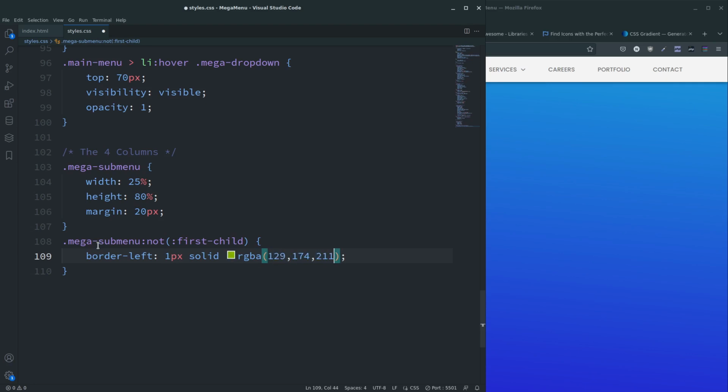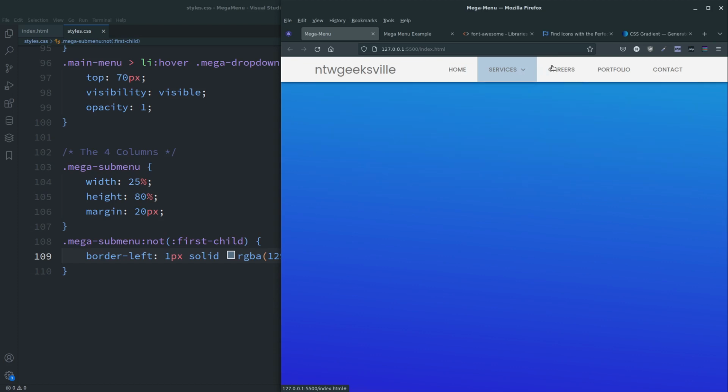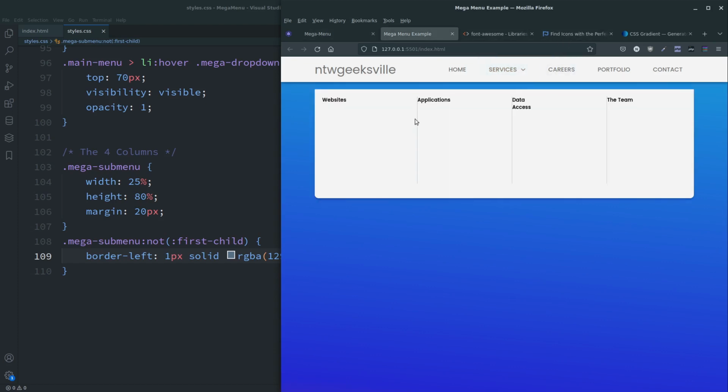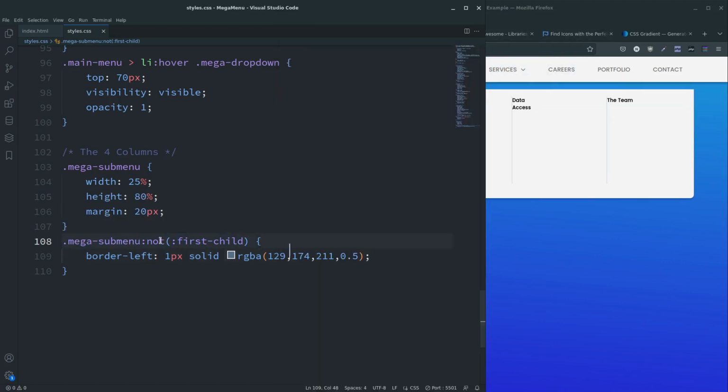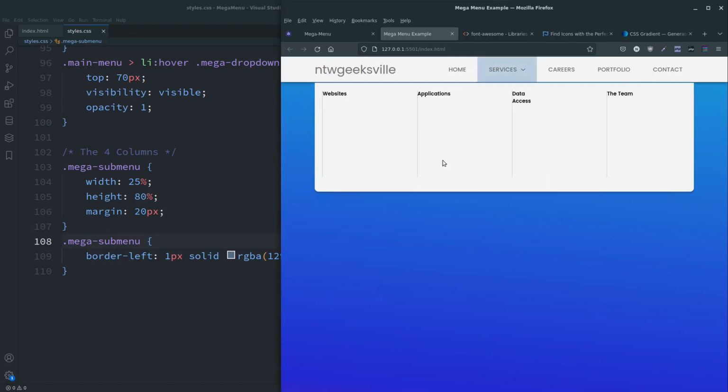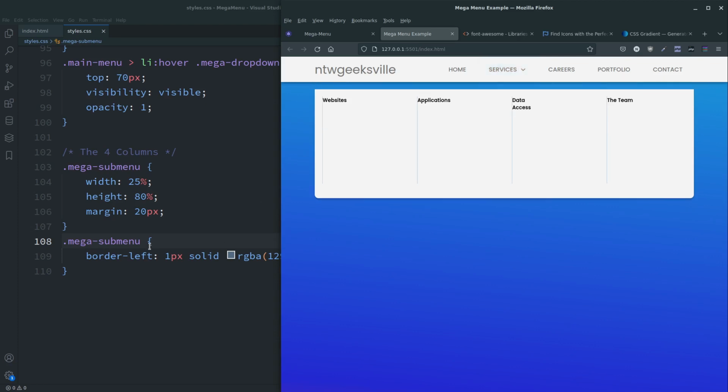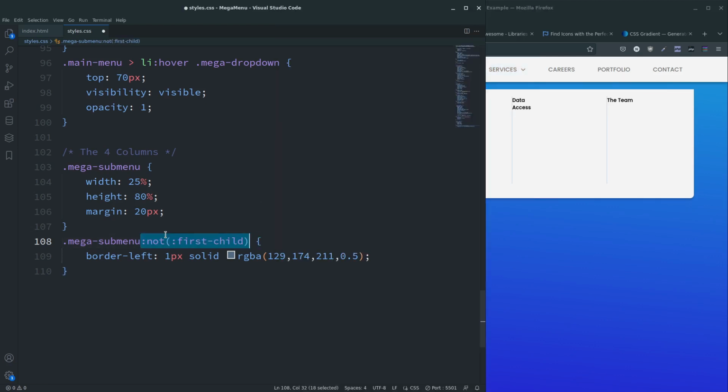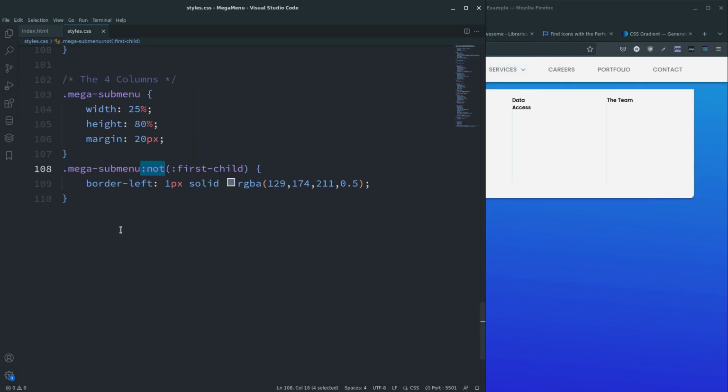174 201 0.5 opacity. So save that, come back, go to the example, and there you have it. If I had omitted this, then as you can see what I mean now, it looks odd, so I'll put that back. So if your browser doesn't support this for whatever reason, or you're struggling, then the best thing to do is,